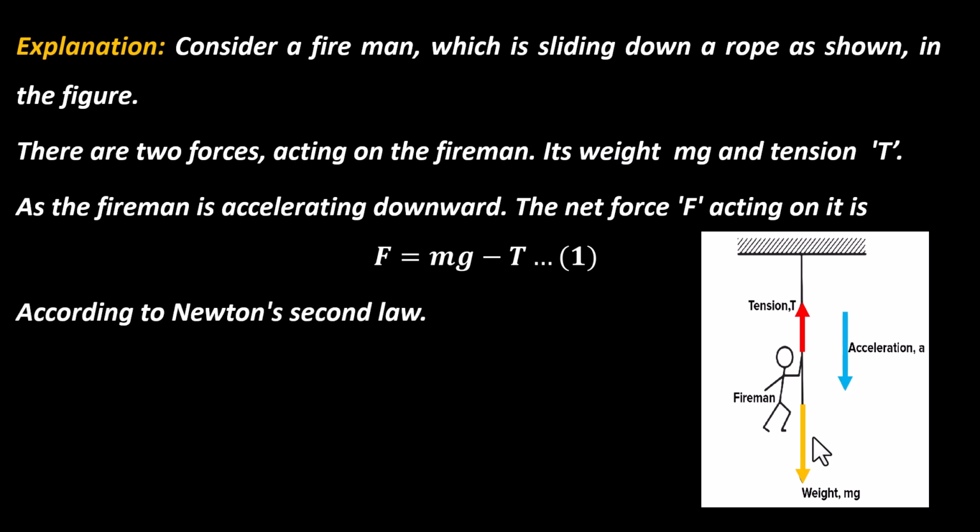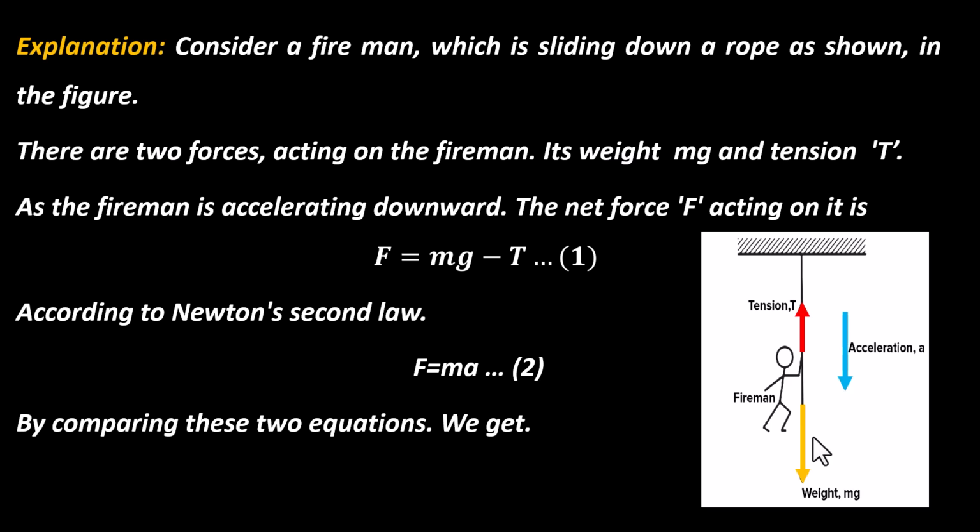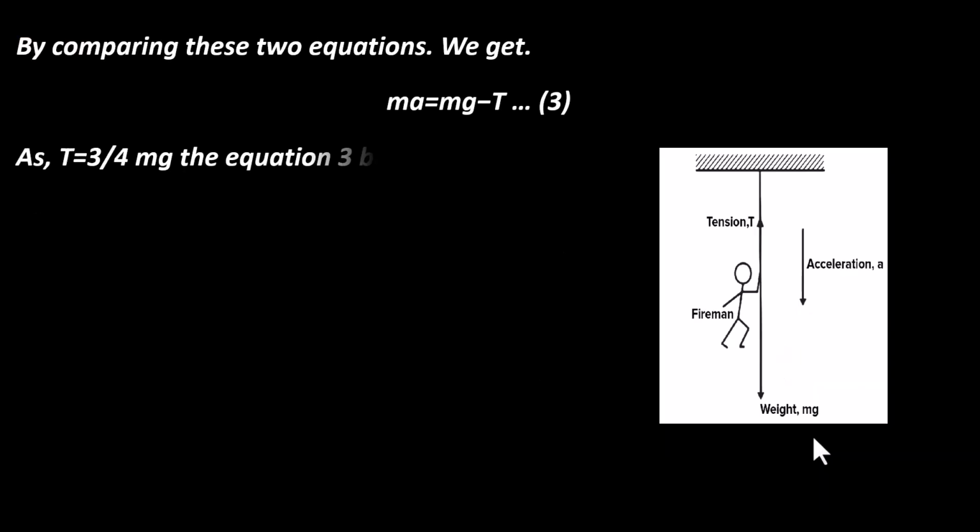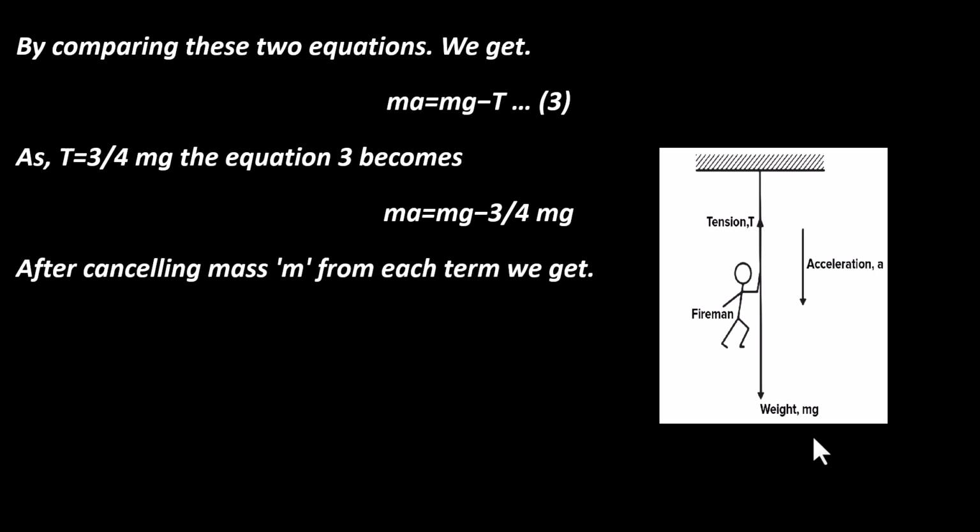According to Newton's second law, F equals ma. By comparing these two equations, we get ma equals mg minus T, as T equals 3/4 mg. The equation 3 becomes ma equals mg minus 3/4 mg. After canceling mass m from each term, we get